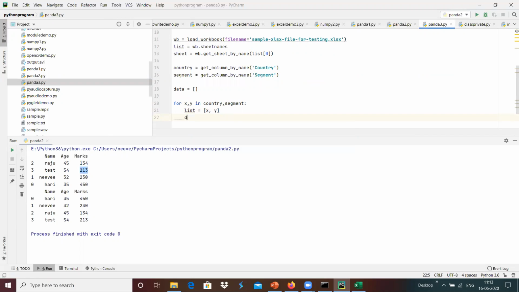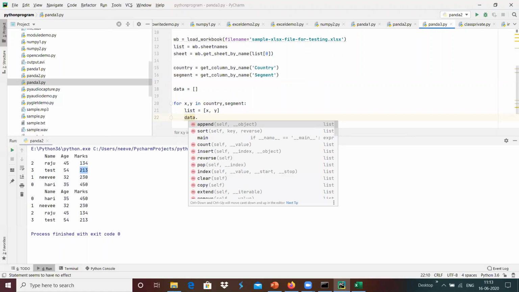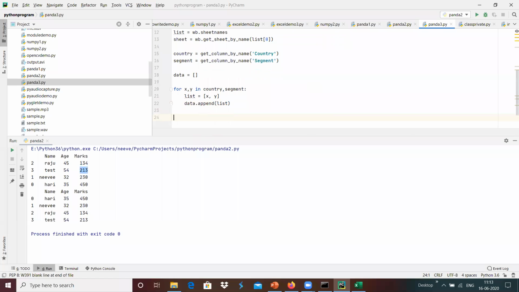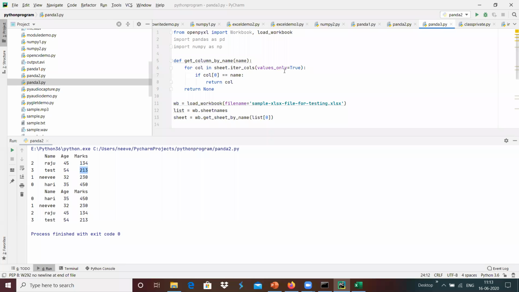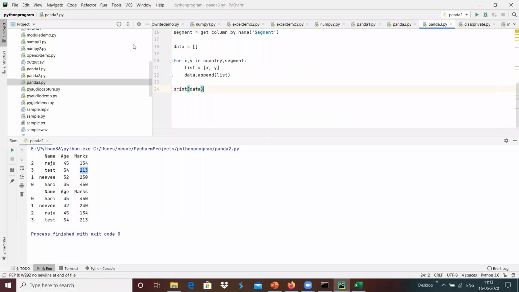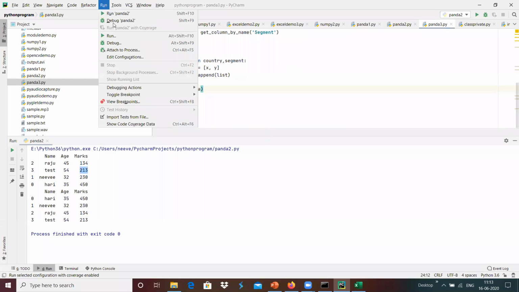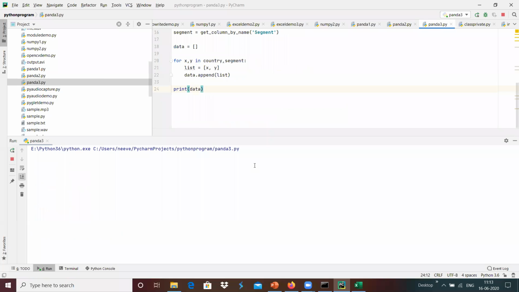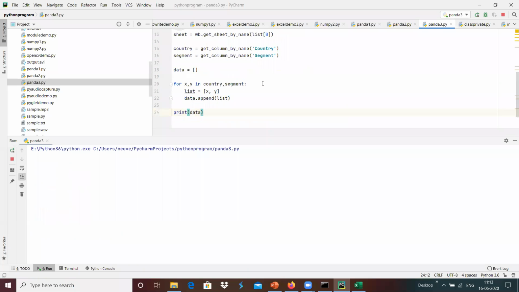I'm going to append this with data.append of list. Once it is done, I'm going to print data and we will see how it works. I'm going to run this, panda3.py, which basically loads and provides the segment and country.